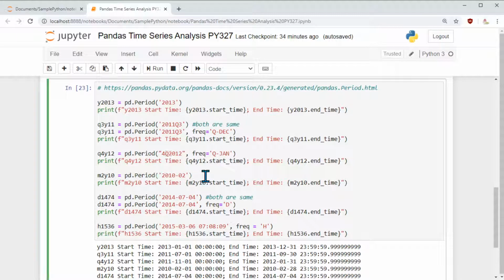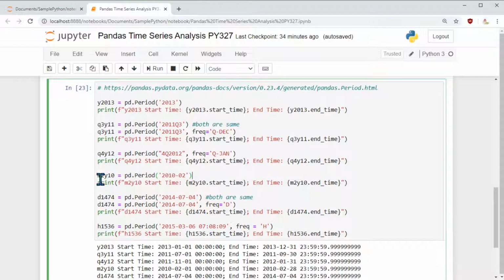And now I can have a monthly period. So in a year I have 12 months. Let's say we are doing some financial analysis, we want to calculate how much was the company's dividend in a month. So we check that month and see how many times they gave out dividend, or any other business decision.